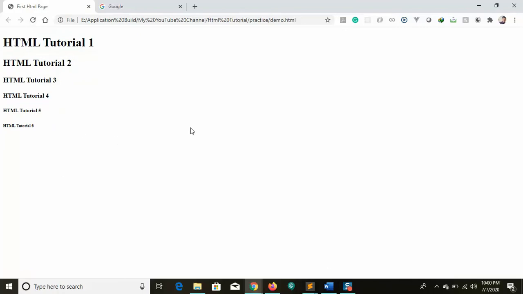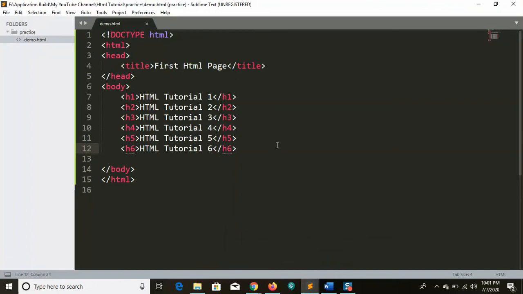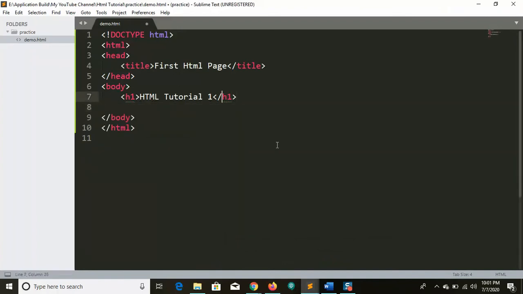Okay, now let's go to the paragraph. How can I create the paragraph tag? I hope you have understood the H1 heading tag, right? So let me create this and give the HTML tutorial. For creating a paragraph, we just give P. That's it. In between goes some content.